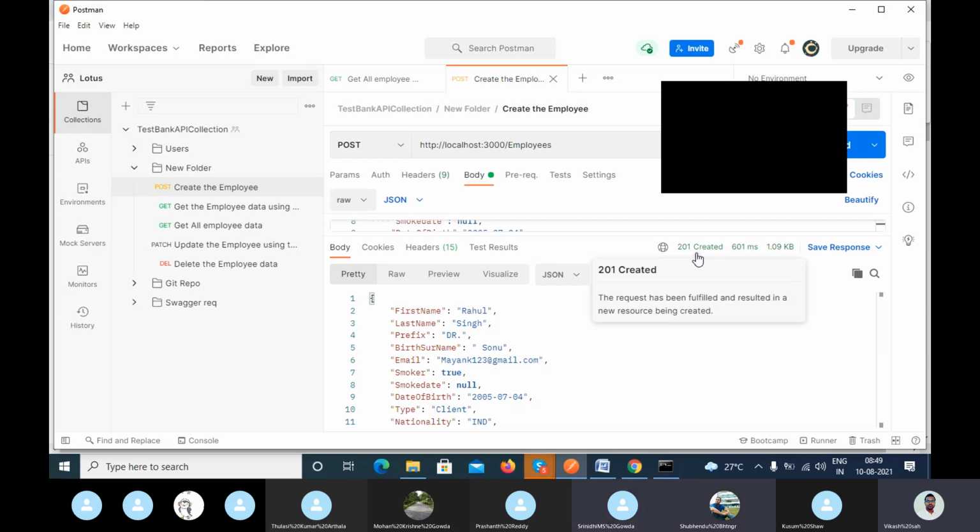No, because it is given by the developer only. Basically, I'm asking whether the developer can change things or not. So yes, he can change it, but there is a difference between 201 and 200. Let me clear this up.